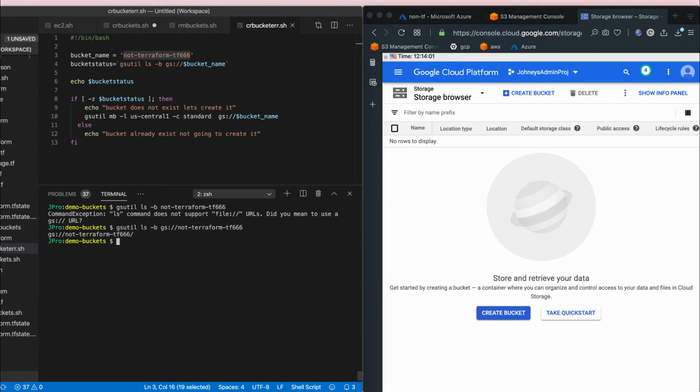So in this case, the only thing the script is checking is for the bucket existence. So the bucket status is equal to that command. If that command returns a result, basically it's going to succeed, or otherwise it's going to fail. But here, while creating the bucket in the script, I'm specifying US Central 1. Now, let's say by mistake I created the bucket in US East 1 manually. So basically the script has to check that and let me know that it's not in the correct zone or fix that part. So there could be any number of attributes that a bucket can have